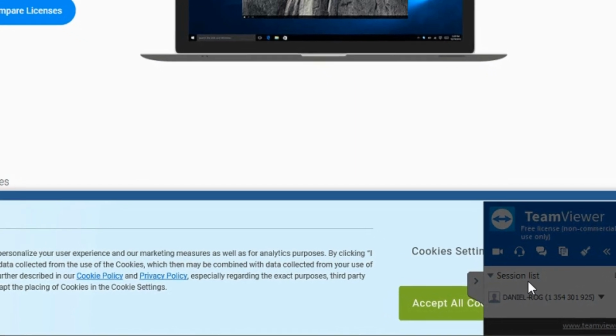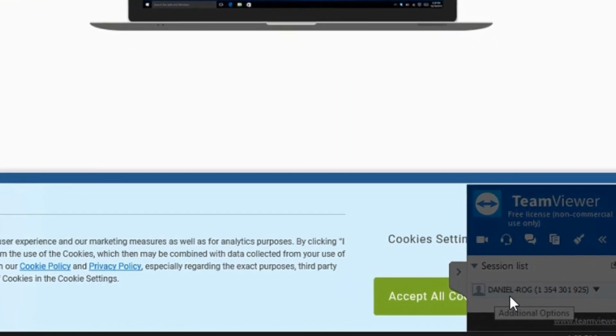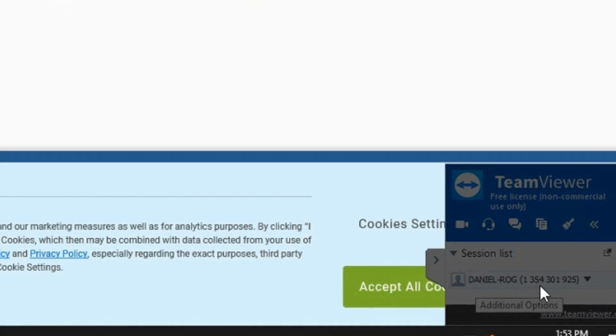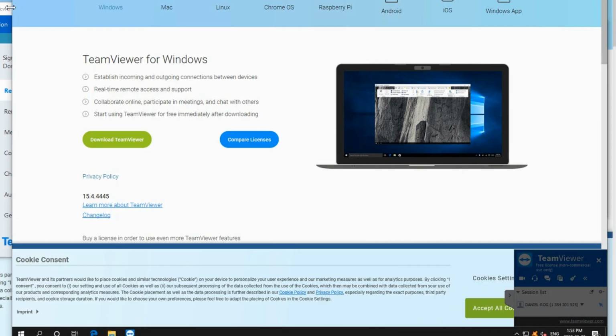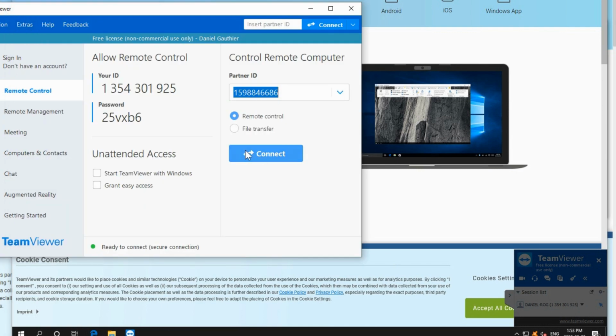There's a session current from this computer here and this ID, which is what we're coming from. So if I look at this here, that's my ID, and that's what it's saying down here, so they know that we are connected to that computer from this ID.